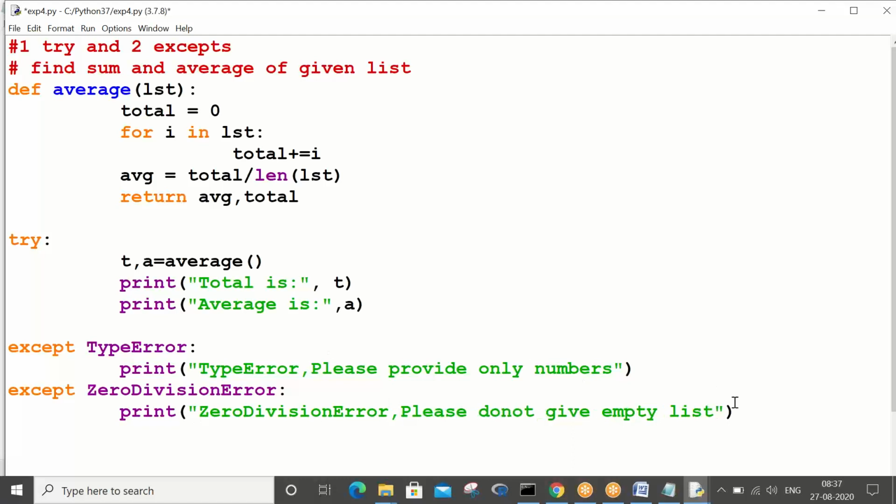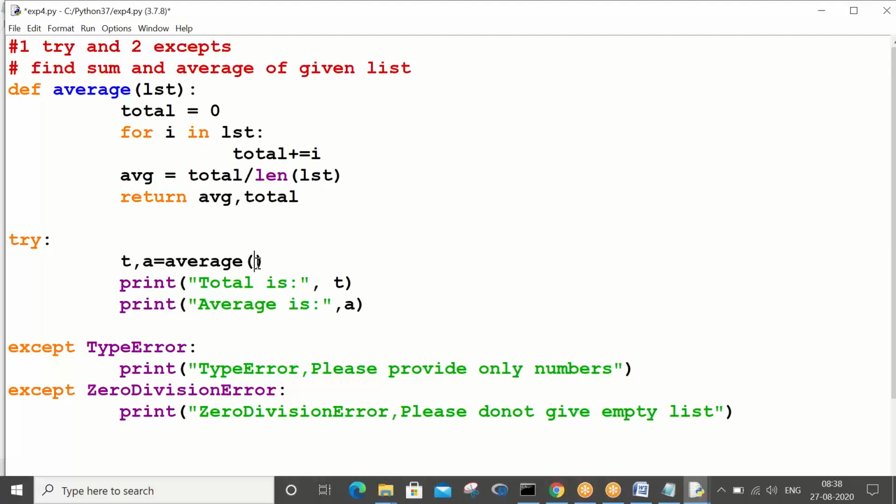Now you see, I have handled both types of exception possibilities in this program. Two types of errors can occur.